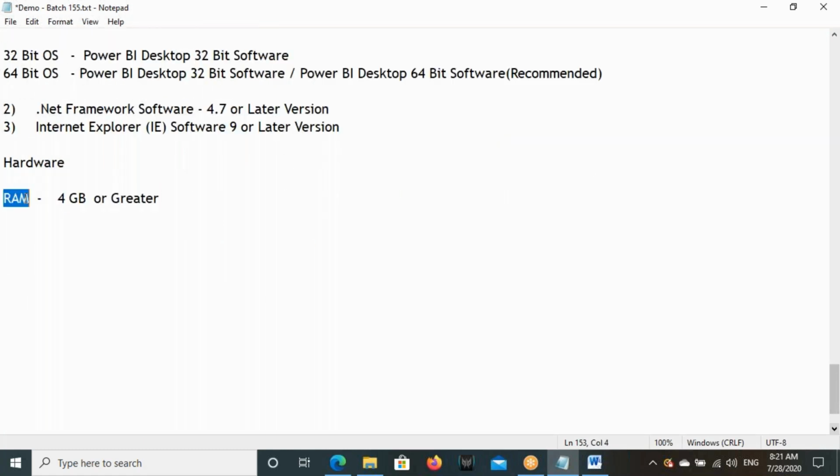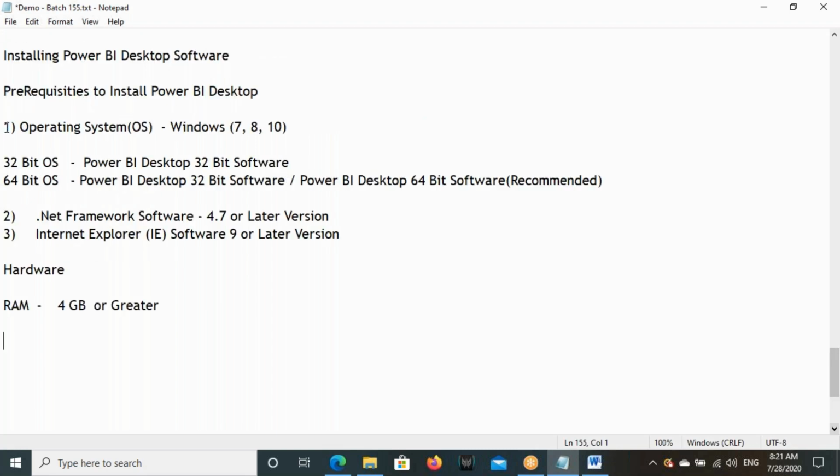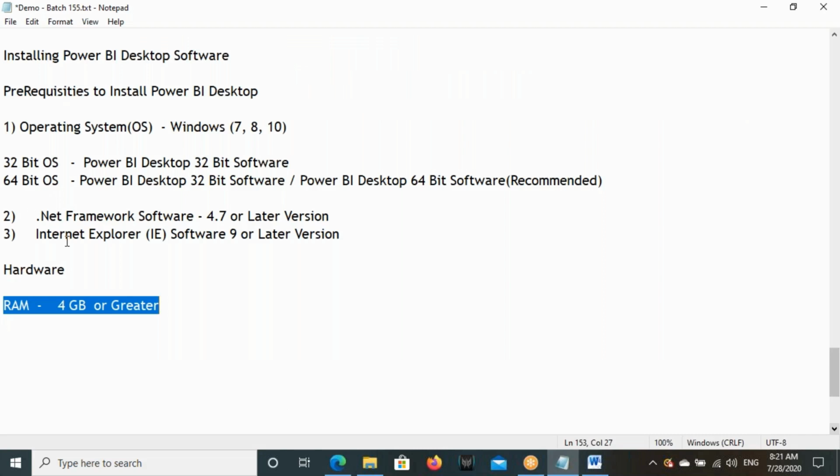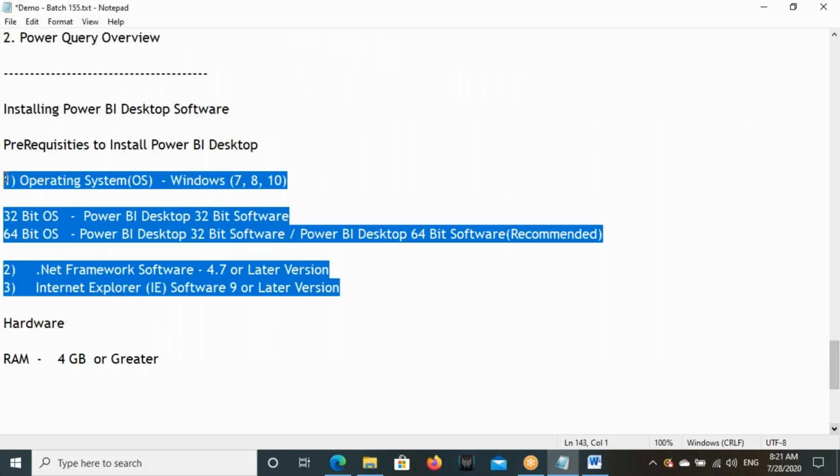Then hard disk, any hard disk is fine, guys. It will not occupy much space. You have 160 GB or 320 GB or 500 GB, any hard disk is fine. So this is the software prerequisites, and this is the hardware prerequisite. Fine. We even downloaded the software. I have all the softwares available in my laptop, and now I will explain how to install